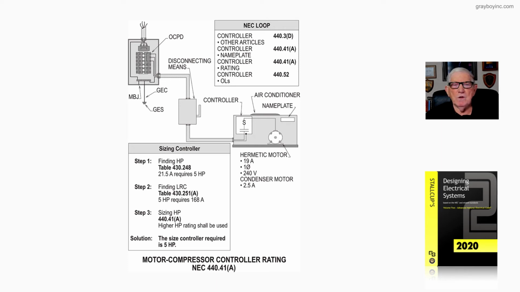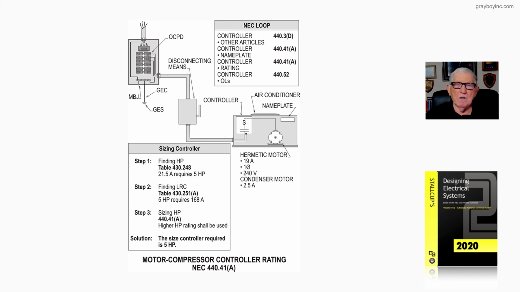Now step 2, 440.41(A) for locked rotor conditions, look at Table 430.251(A). And the 5 horsepower then would give an amp rating of 168. So in step 3, we apply 440.41(A), which requires the largest of step 1 and step 2. And reviewing then step 1 and step 2, the horsepower ratings are the same for full load current and locked rotor current. So in the solution, we would find then that the controller would have to be rated at 5